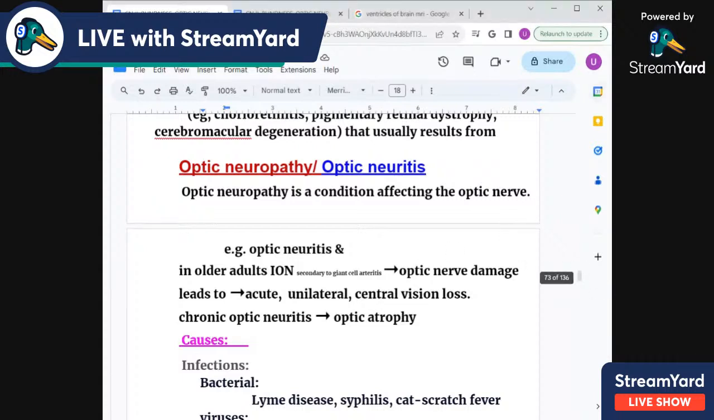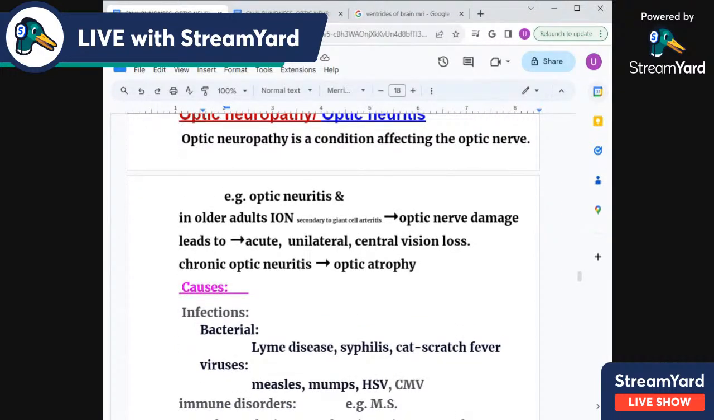Okay, now we'll move on to optic neuropathy and optic neuritis. Any condition that affects the optic nerve is optic neuropathy. And the most common cause of